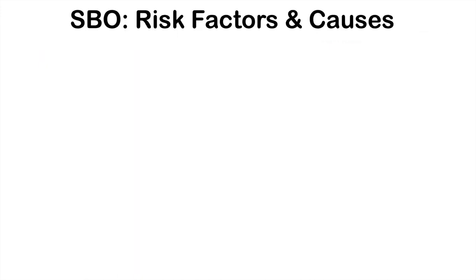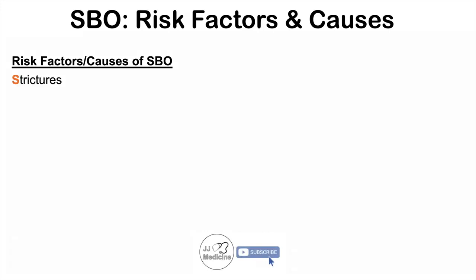Now let's talk about the causes of a small bowel obstruction. So they are similar to the risk factors, but we'll get into a bit more detail in this slide. So these include the following: strictures. So strictures can cause a small bowel obstruction. Hernia. So a hernia is where the small bowel may pop out of the abdominal wall. So that can lead to a constriction or an occlusion of the small bowel. Adhesions. So adhesions can come from prior abdominal surgery. So when there's been open abdominal surgery, the scar tissue that remains afterwards can cause an adhesion to connect to